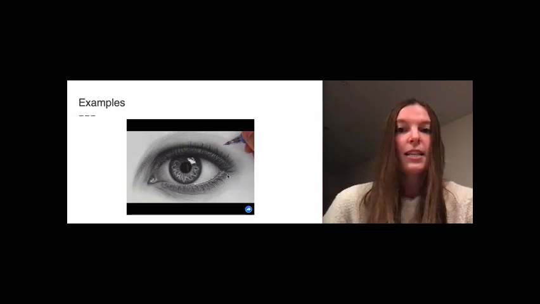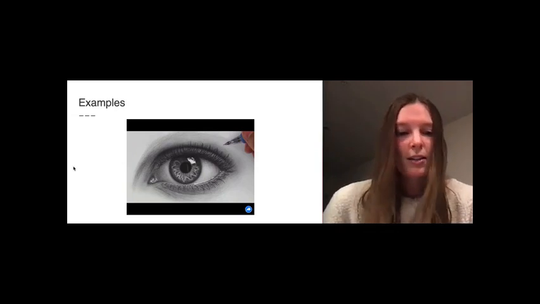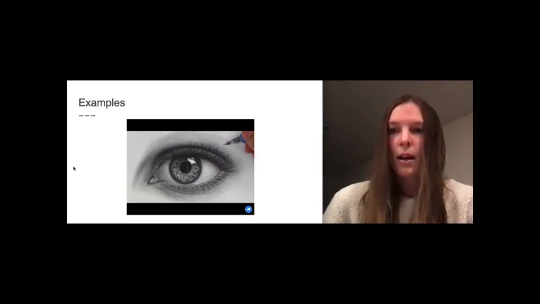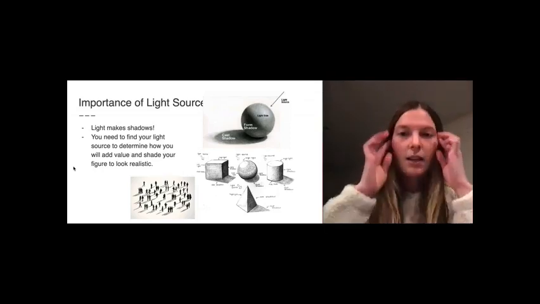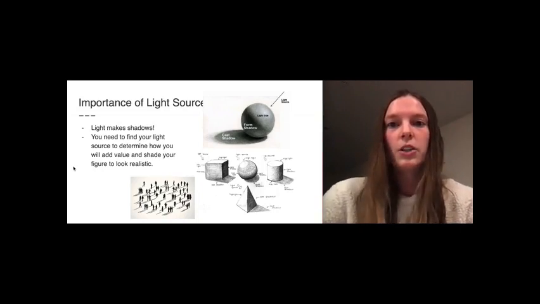As you can see in the video, it goes from a 2D flat circle, then this oval shape, and all of a sudden it gets transformed into this beautiful eye. Doesn't it look realistic, guys? Yeah, it's pretty cool, right? We're going to be making your art a lot better once we learn how to use value. It really makes your drawings look realistic and pop off the page.